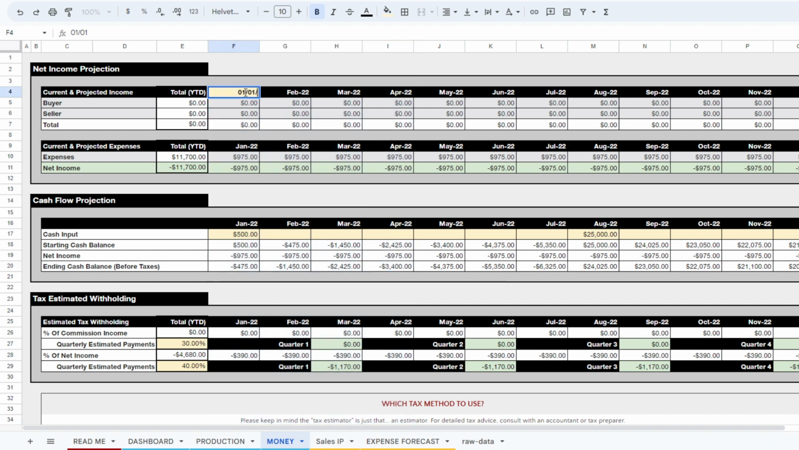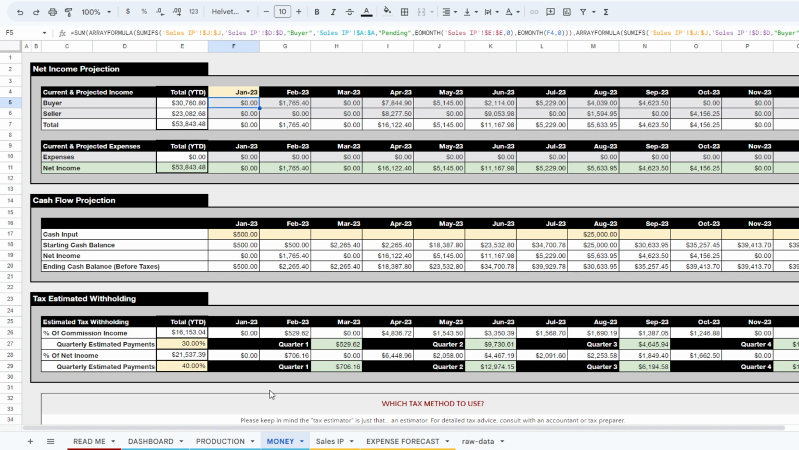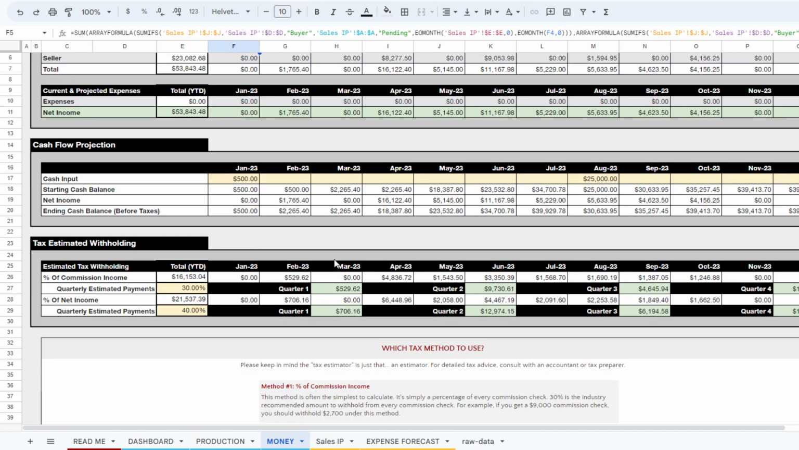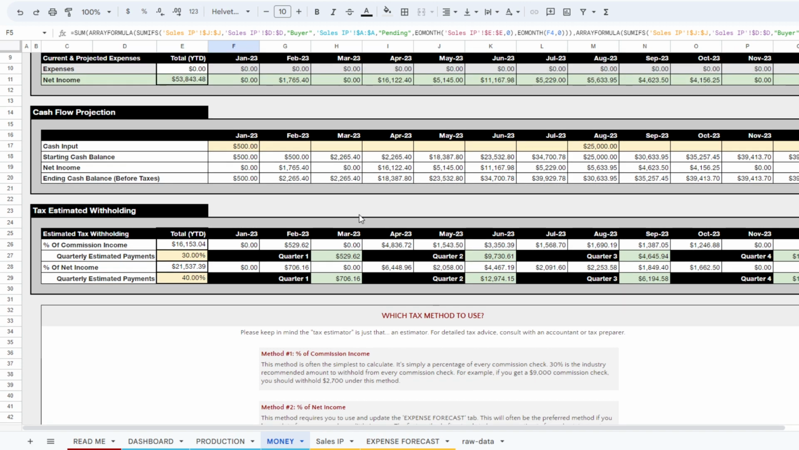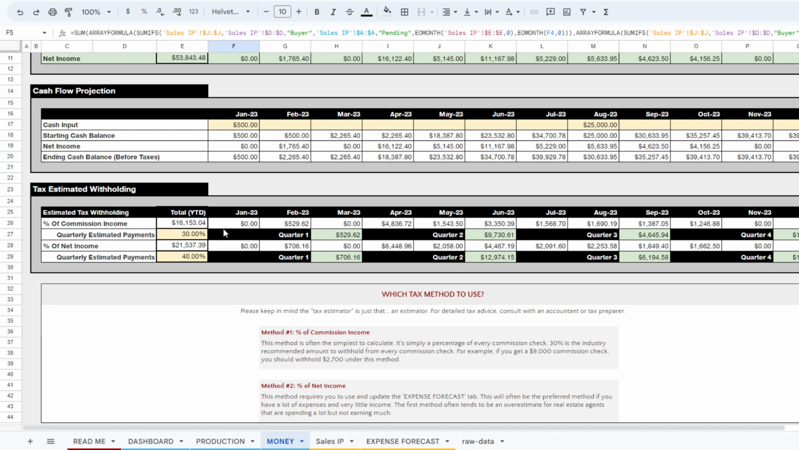And lastly, on this tab, we can also look at our estimated tax withholdings. Now we have two different methods: a simplified method and a little bit more of a detailed method. Both these numbers are based on industry averages and best practices. Of course, it may not be a great estimator for your specific tax situation, so we do recommend consulting with a tax accountant or a CPA